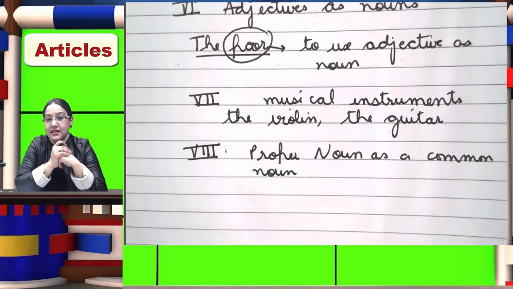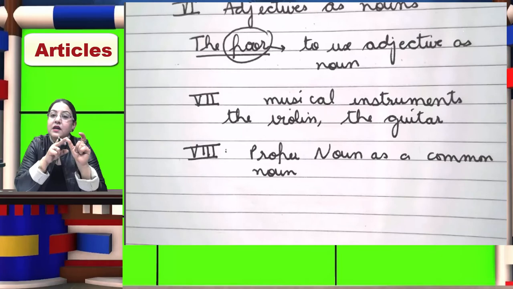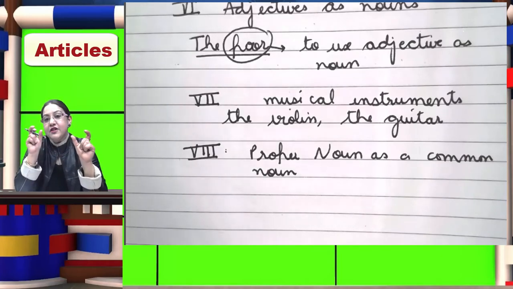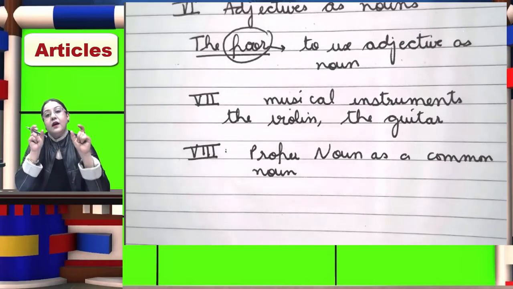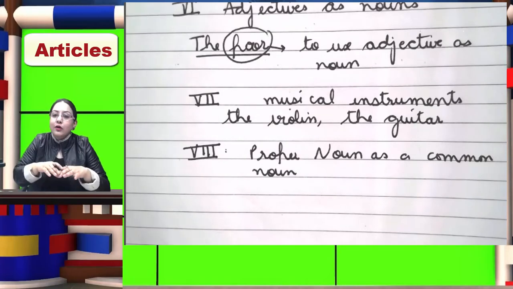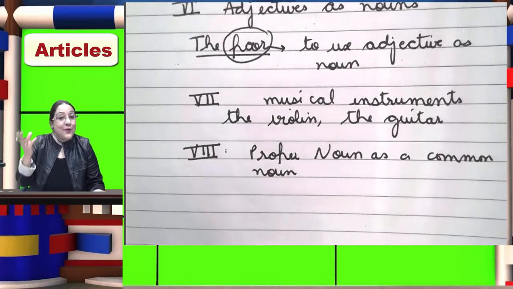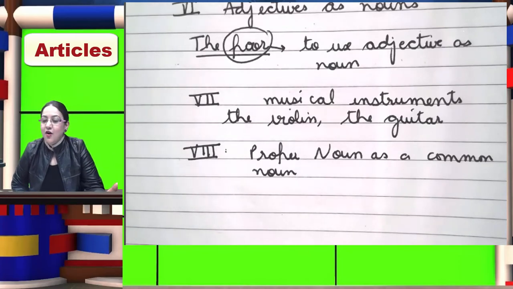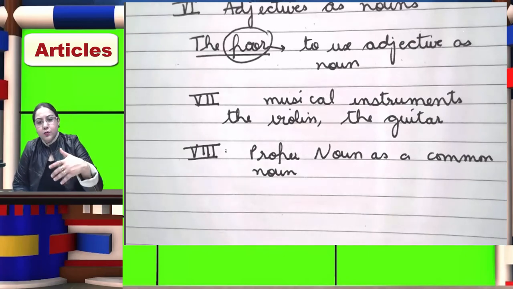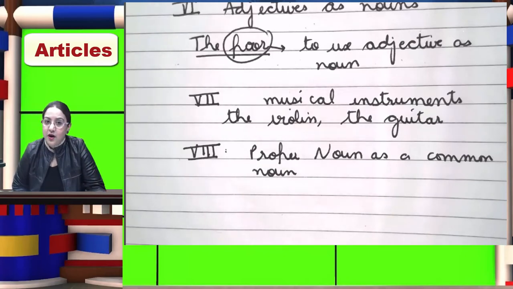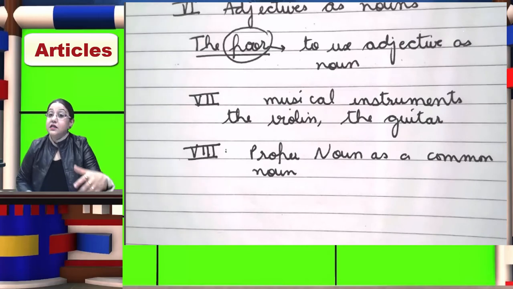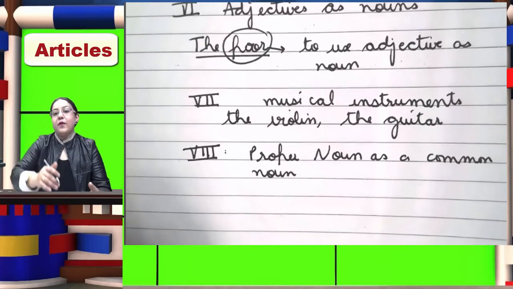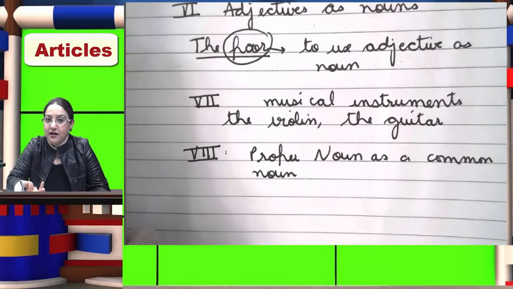So what did I do in this case? I'm talking about a girl Mary, and I'm comparing Mary with Katrina Kaif. Katrina Kaif is actually a proper noun, but it refers to all those girls who look like a heroine. Or Priyanka Chopra, it refers to all those girls who look very beautiful, very attractive, who are like heroines. So all the beautiful girls, we call them a Priyanka Chopra. When I say she is the Katrina Kaif of our class.